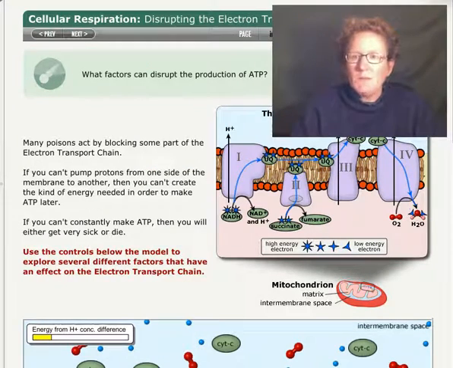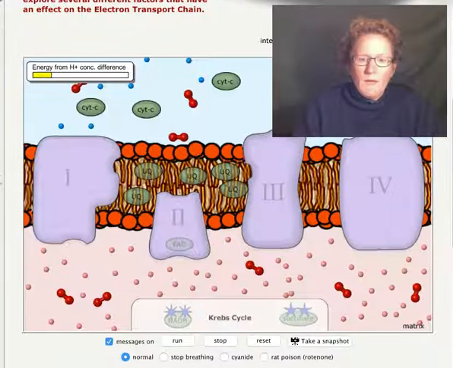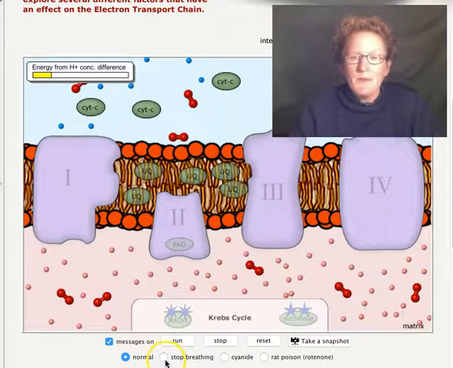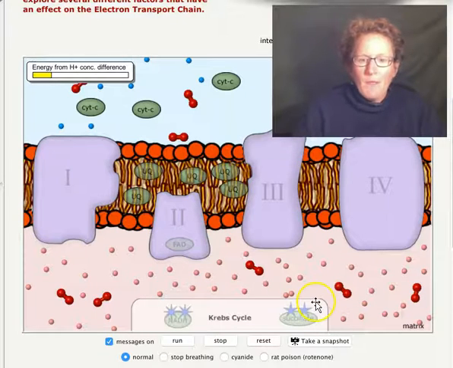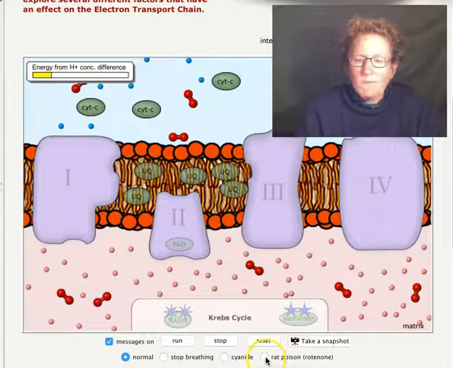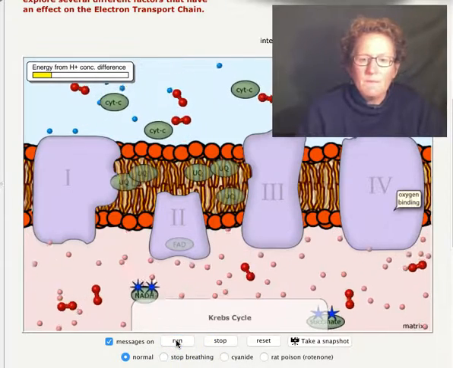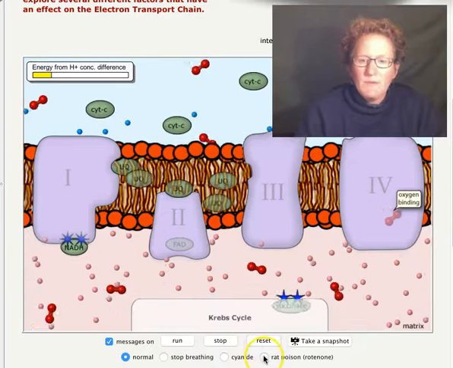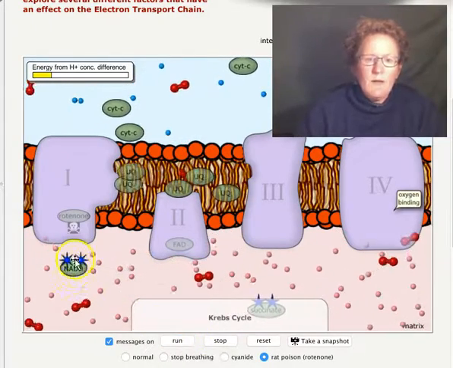We've got a couple of different options if we want to sort of mess with our model here. We can stop breathing. That'd be bad because we don't have any more oxygen here that shows up to pair with hydrogen. We can add cyanide into the mix, which is a poison, or we can add rat poison. So let's run the model and let's add rat poison and see what happens. So now here,